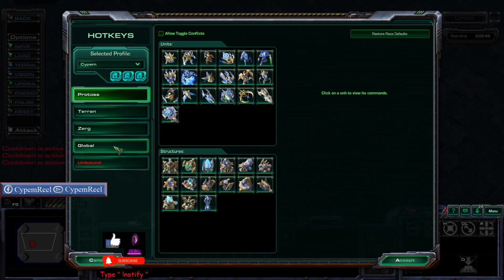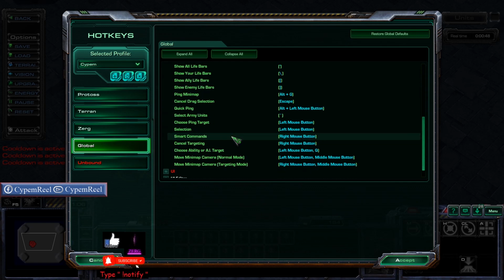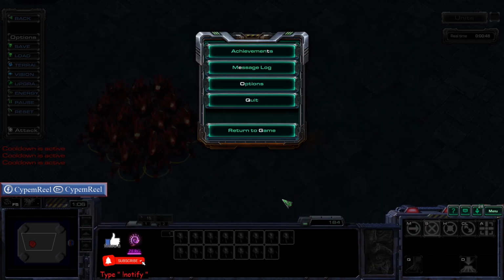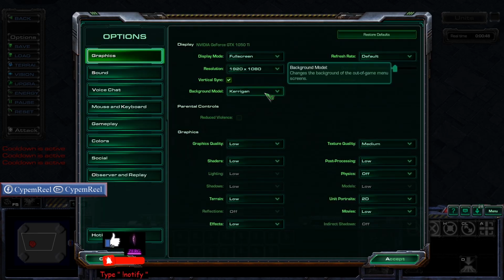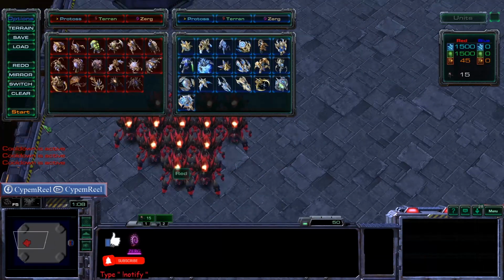So getting back to this one, my specific rapid fire button in unit management is Q because I made it Q. But if you want to make it W, E, or whatever, you can also change it into that. Okay, so that is for Zerg. For Zerg, I think this is also useful